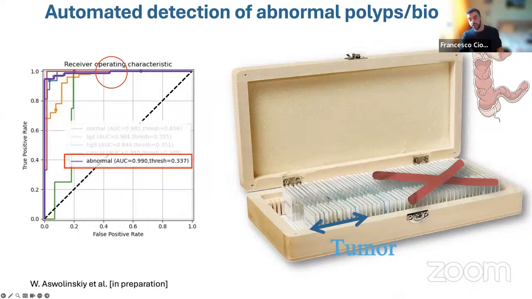But this would be a first way in which you could think about deploying the system and doing a pre-reading, and then maybe decide if you want to assign the case to a more specialized pathologist, or to general pathologists that may be less specialized on gastrointestinal applications. So, you can think about many ways of using this, but this was essentially the technical tool that we developed, and then based on the results, we can decide what to do next.